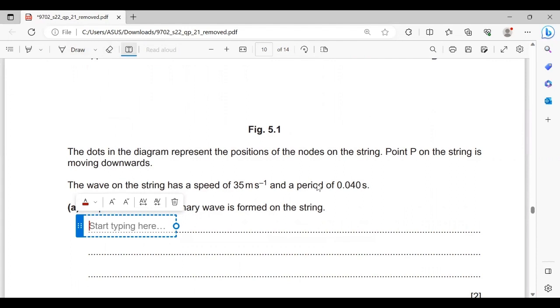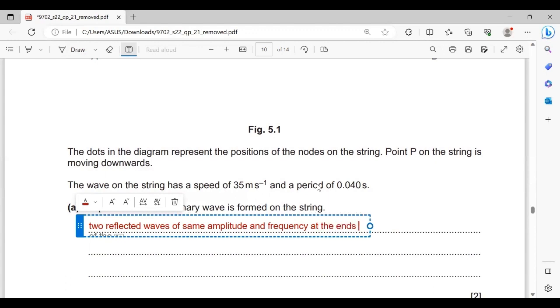Two reflected waves of same amplitude and frequency at the ends of string are traveling in opposite